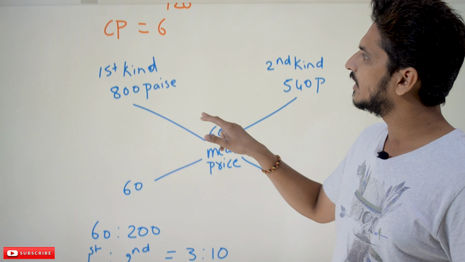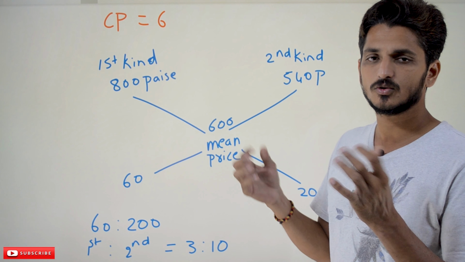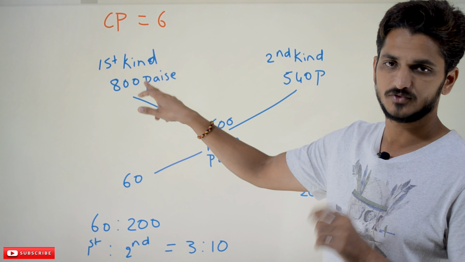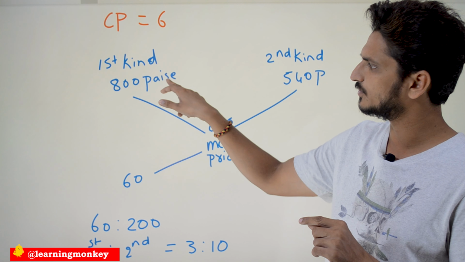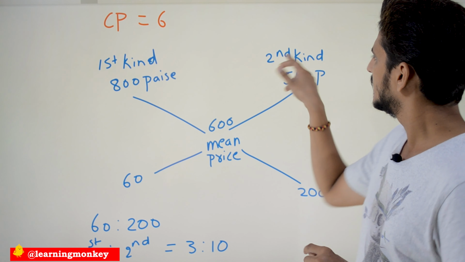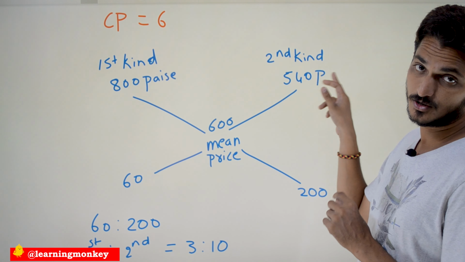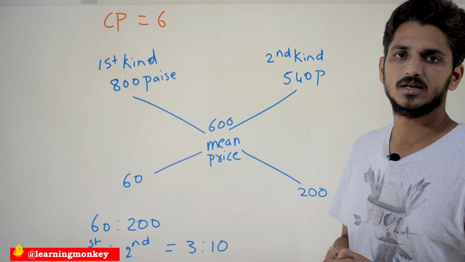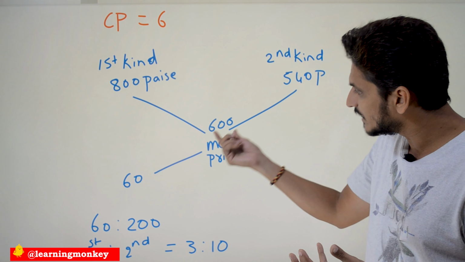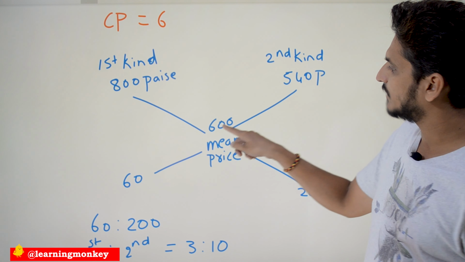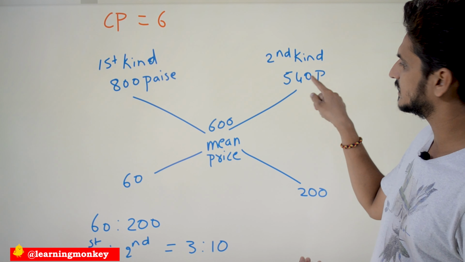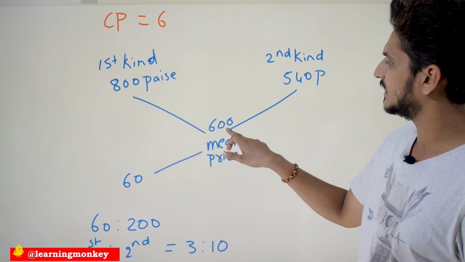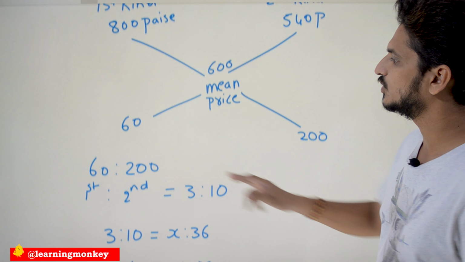In order to avoid decimal fractions, rupees are converted into paise. The first kind, wheat, is 8 rupees, converted into paise, 800 paise. Second kind, 5.40 rupees, converted into paise, 540 paise. Mean price 600 paise. So at what ratio you need to mix to get a mean price of 6? 600 minus 540, which is 60. And the second one is 800 minus 600, which is 200. So you have to mix with